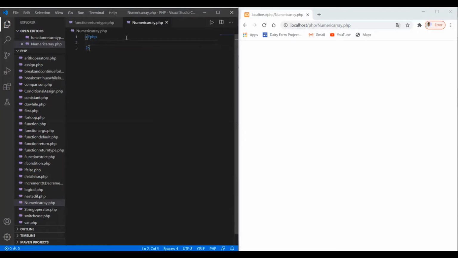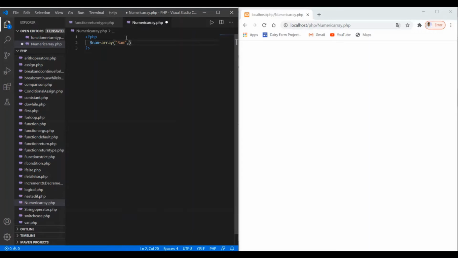So we are using the first way of creating the array. Here I'm using a variable, and this time I'm giving the variable the name, and to this I want to assign the array. First I'm using the array function. In order to use the array function we have to use this method. This is the way of creating the array using the array function. Here I have to assign the values. Say here I'm giving the first value as Ram.